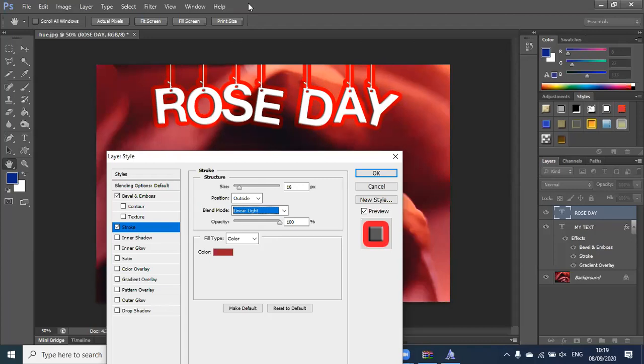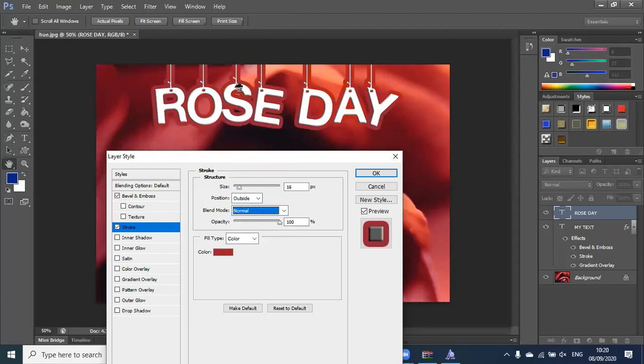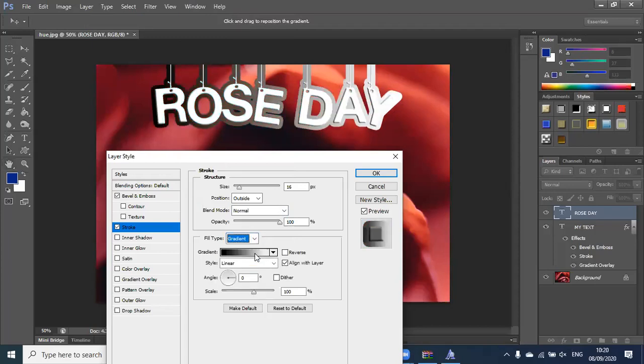Okay, so if I speak of what exactly stroke does, stroke will give you an outline. So whatever my layer is currently, whether it's a gradient or a pattern, you can choose and give it an outline color. Like this, it will show you. Now what other kind of outlines, ma'am, can I give? So apart from color, you can give an outline for gradient also. So I can just give it a gradient outline.